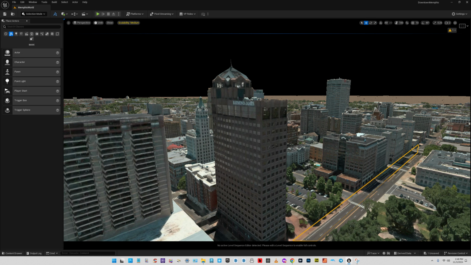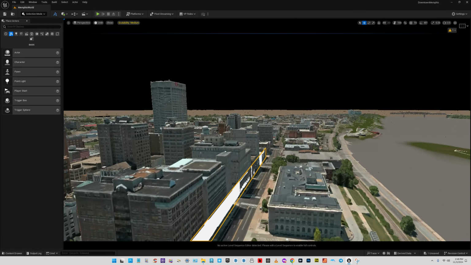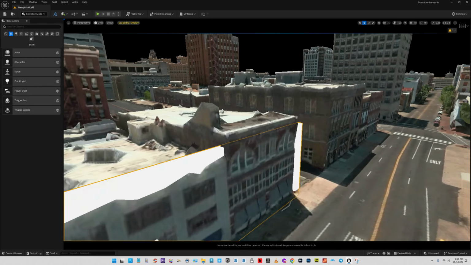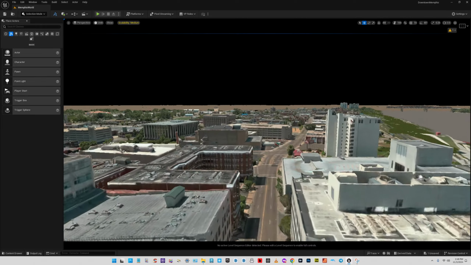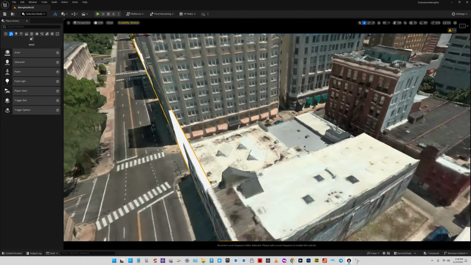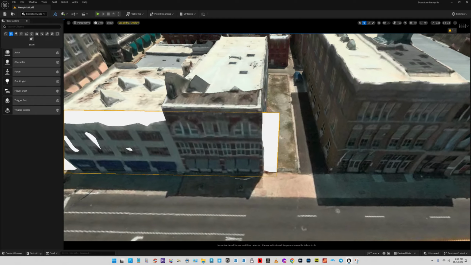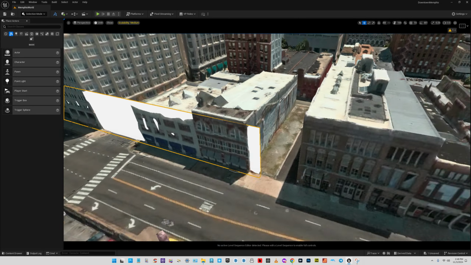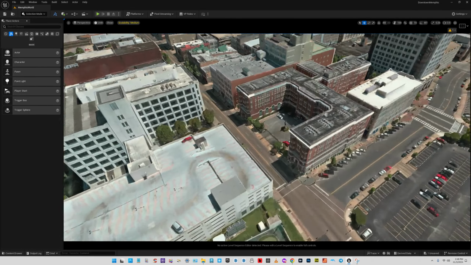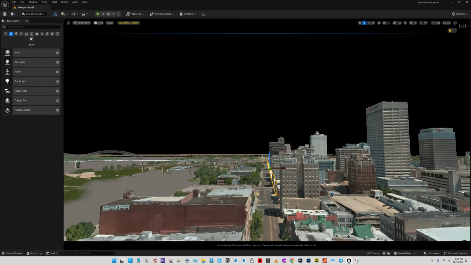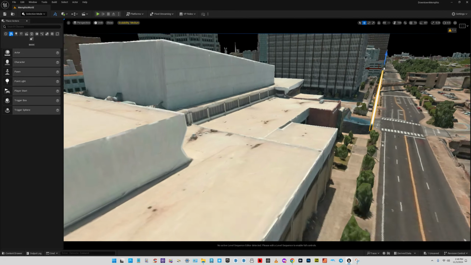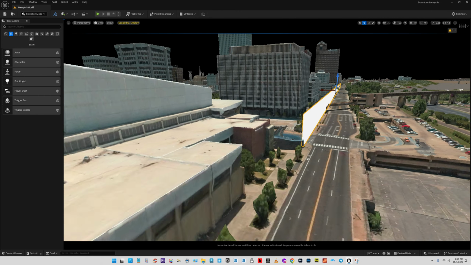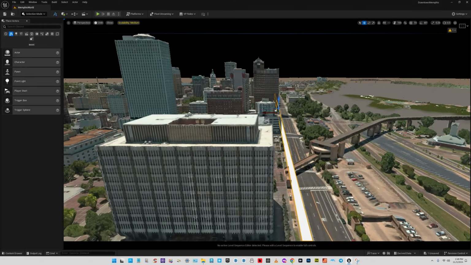Okay, and then I'm going to move this down to the ground. And what I'm looking for is I want the end of this block to be as aligned with one of these buildings. Well, the end of this, let's call this a cube, right? This modified cube. I want the edge of this modified cube to be aligned with the edge of the last building on this street. All right, and then I will do a rotation to make sure that it also aligns with the edge of one of these buildings that is in the same